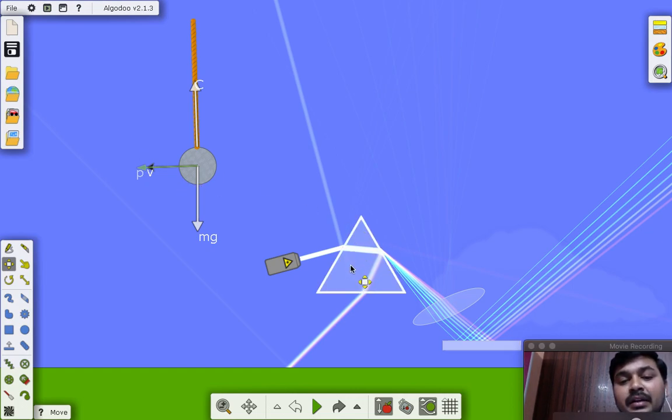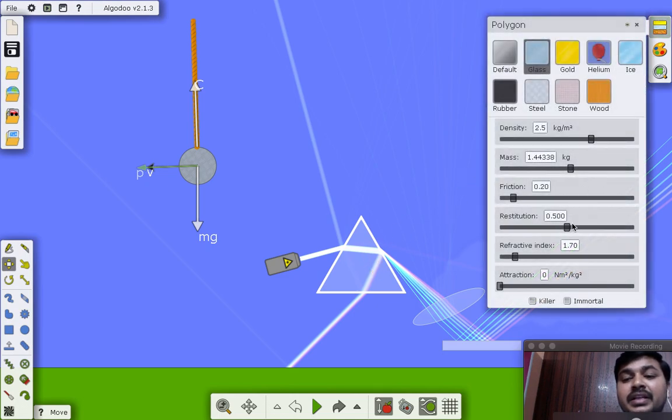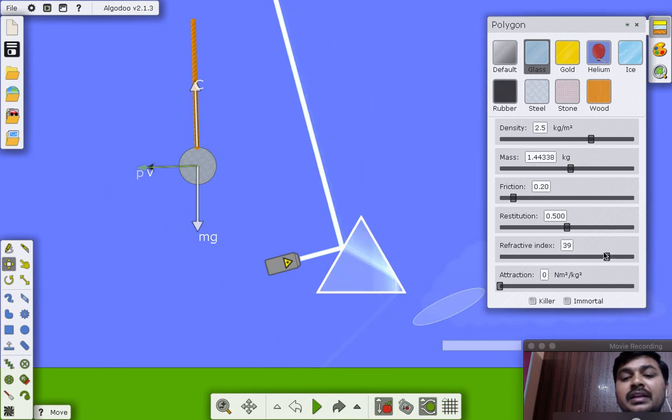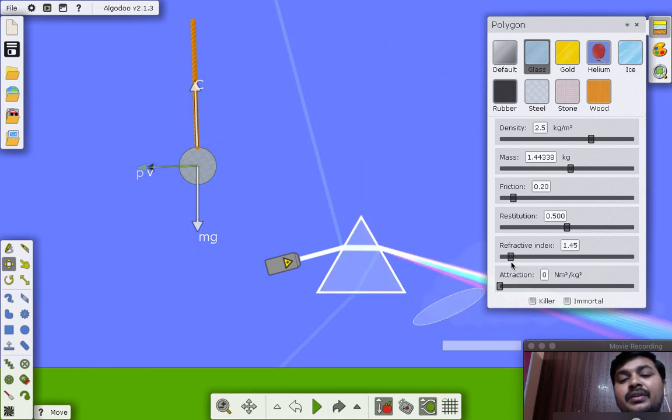For example, coming to this prism, usually we have only a single prism with a single refractive index, but here we are changing the refractive index to our own. This is the best thing about this software.